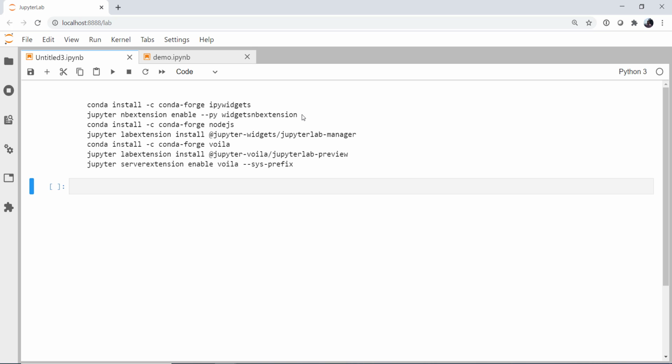Finally, we can install Voila. So conda install from conda-forge voila. Then we're going to install another extension, which is the Jupyter Voila extension and the Jupyter Lab Preview extension. That's going to let us see a preview of our dashboards. And finally, we're going to turn on the server extension for Voila, so it will actually work and serve up